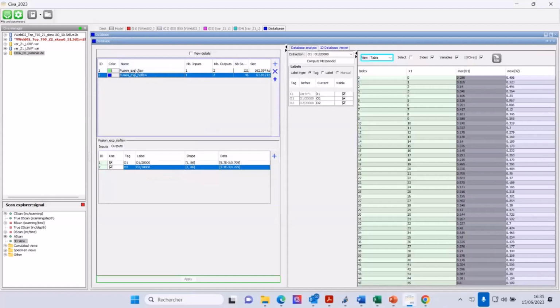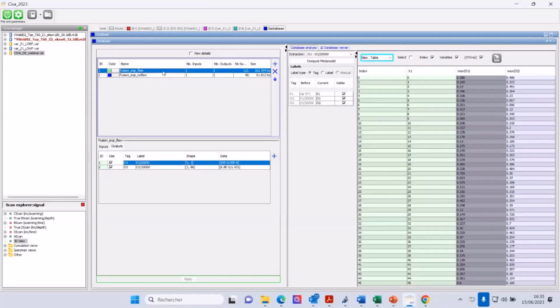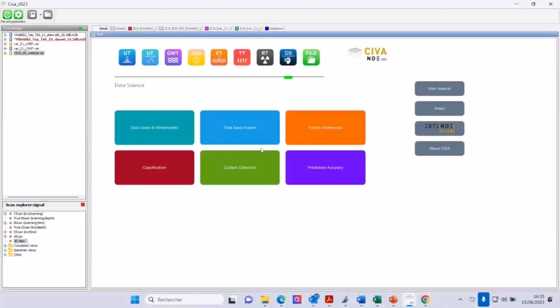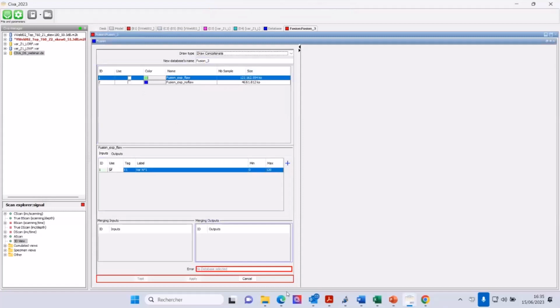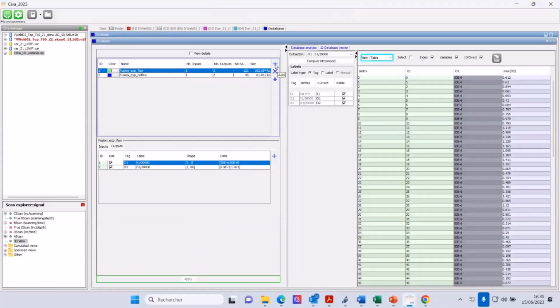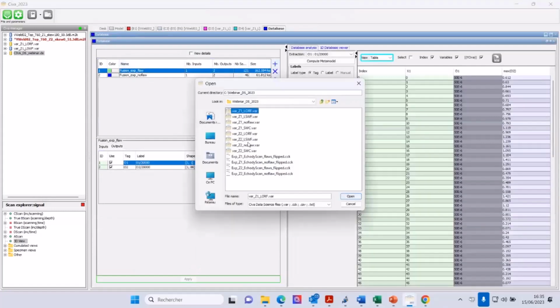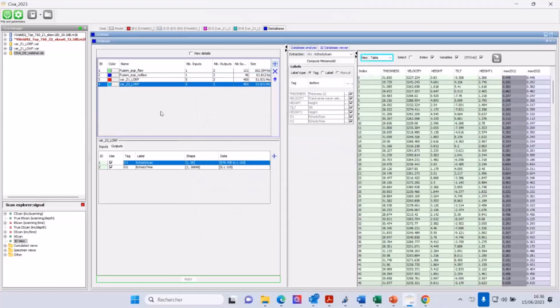Okay, so at this stage, here it's okay. Then I'm going to my database fusion, and I'm going to load my version files. So you can load the version files and make again the fusion on the version files. So I'm doing this.